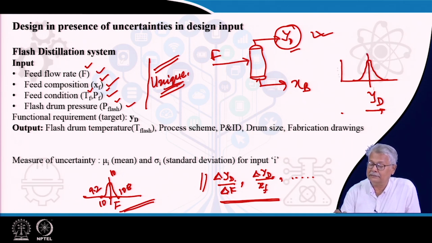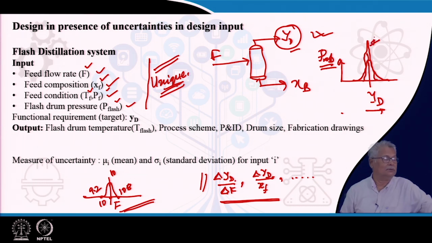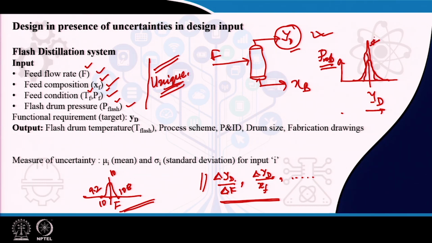This basically is the frequency, or rather the probability of variation of YD, and quite naturally, if you have a probability distribution of YD because of the variations of these inputs like this, or if you have another where it is much steeper,